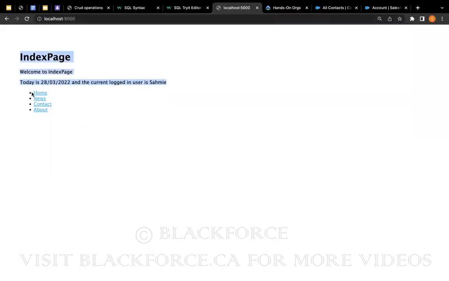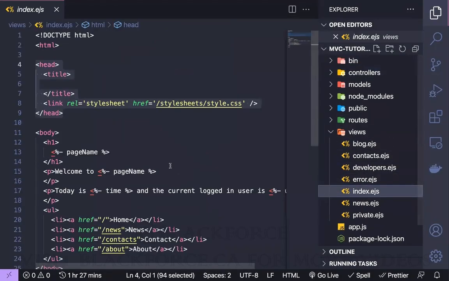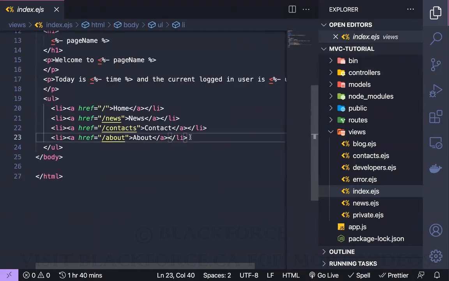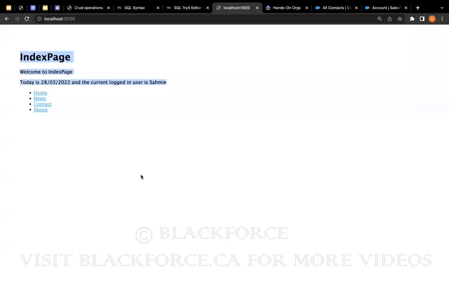Okay, let me change it. Let's add a link here called blogs. So I'm going to go to index. I'll add a new link and name it blog, right? The text should be blog. If I save it,